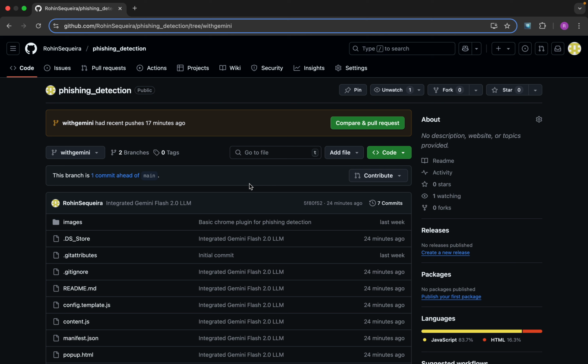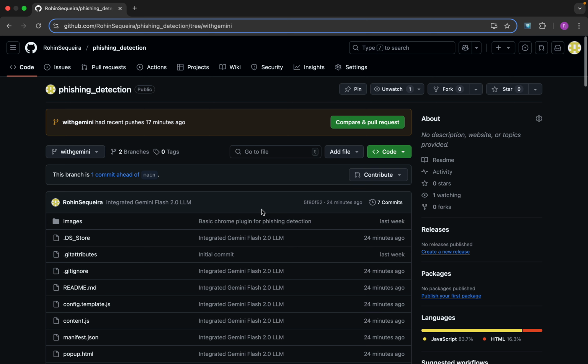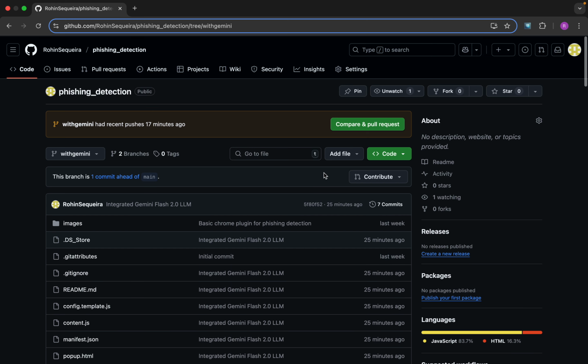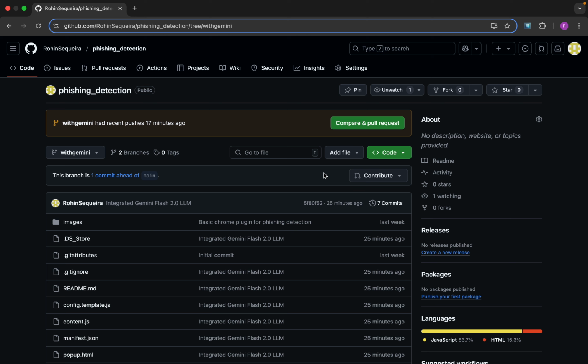I've gone a bit ahead and integrated the Gemini Flash 2.0 LLM to make it a bit smarter. So rather than just identifying keywords, it understands the context of those keywords, right? A word like credit card or password can be a red flag, but not if it's coming as a warning message from your bank that says do not share your password and credit card with anyone. The previous version would highlight those as suspicious, but this time, because of the LLM, it understands the context and